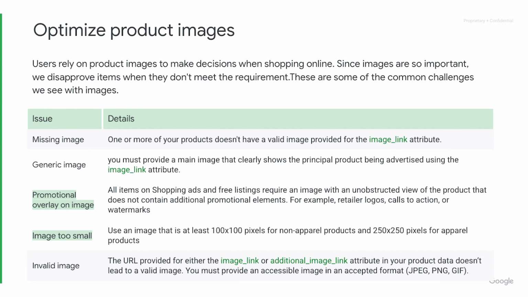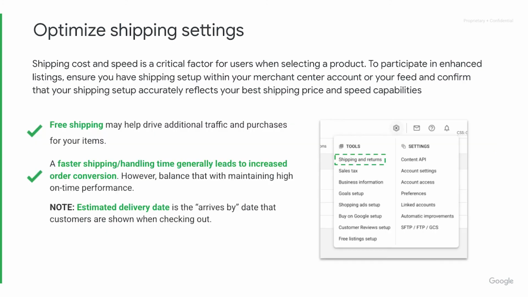For promotional overlays, what this means is we want all items on the shopping ads to be free of any obstructed view of the product. So this includes examples like a retailer logo, call to actions, or watermarks. And then, of course, for image being too small, we do need a high-quality image that is at least 100 by 100 pixels for non-apparel products and 250 by 250 pixels for apparel products.